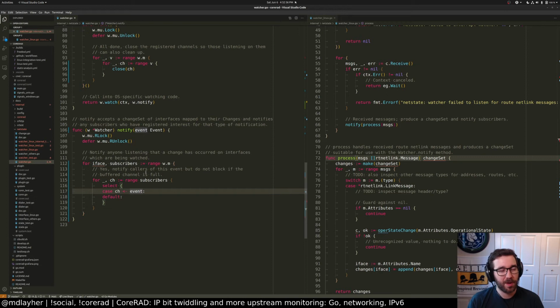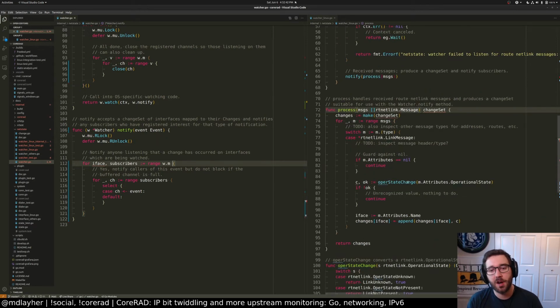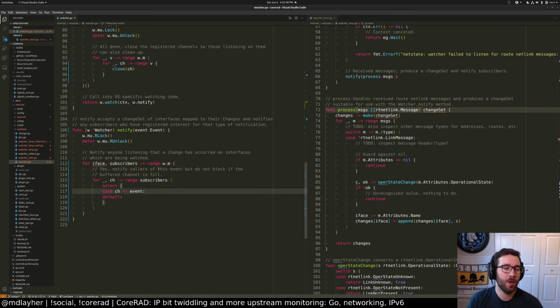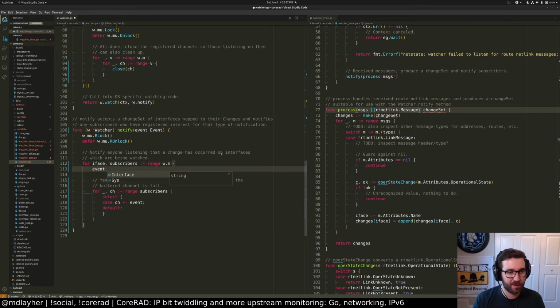And then we're going to add the interface to each of the events as well, I think. Because this layer will probably know about the interface, but we don't necessarily want to make the caller fish it out. So we have it at this level, we should probably specify it as well. So maybe instead of an event being returned, this would be the empty interface. We'll see. Anyway, so events.interface equals iface. Right?